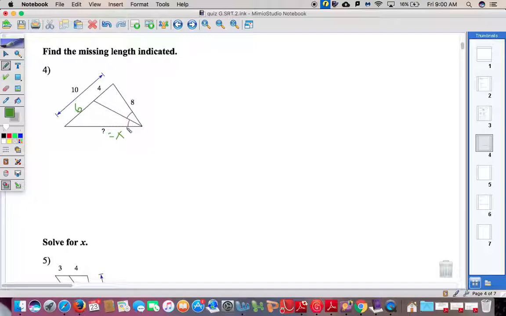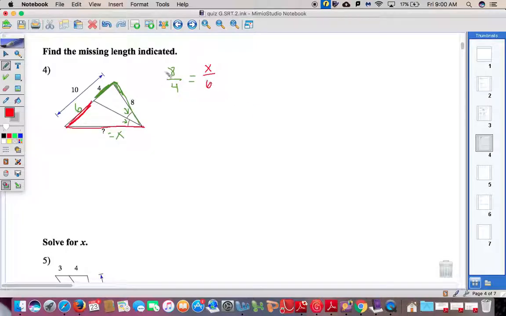theorem. Okay, so we know that this angle here has been bisected because we've got these two congruent angles given here. So this is an angle bisector theorem, and that gives us the relationship between sides of triangles and the part of the triangle that was intersected. Okay, so when we set up our proportion here, we can say that this side divided by that part, so 8 divided by 4, is equal to this side here, which is our unknown of x, divided by this part,